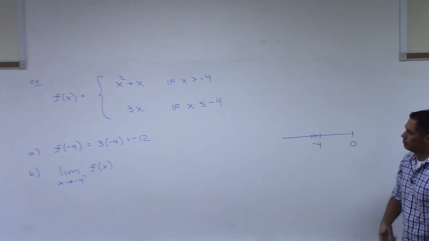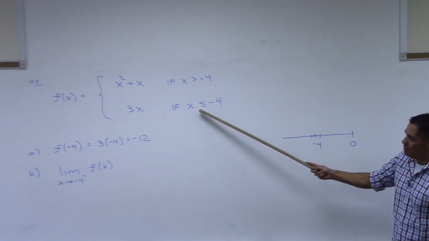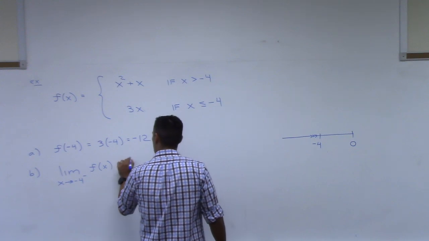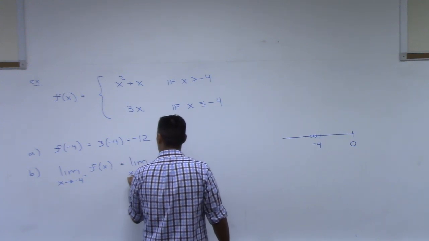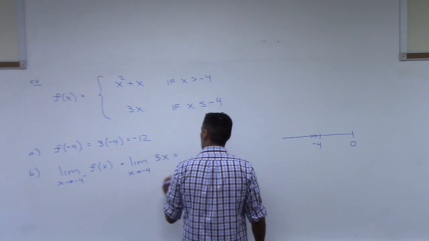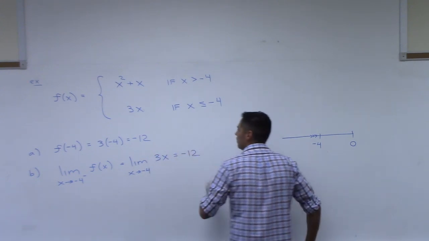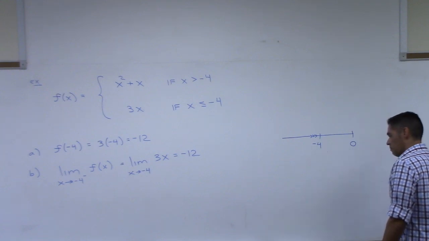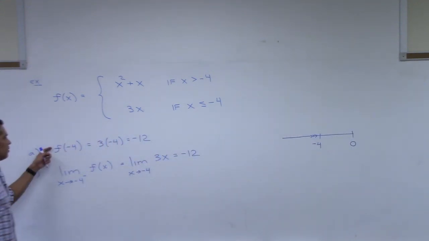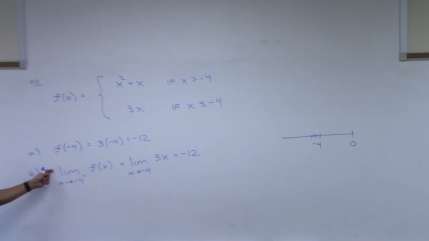But this means we're on the left-hand side. So we're going to plug into the bottom function. Limit, x goes to -4 of the bottom function 3 times x, and you just plug in, you get -12. So it looks like everything is the same answer, right? Plug in -4, you get -12. If you approach -4 from the left, you get